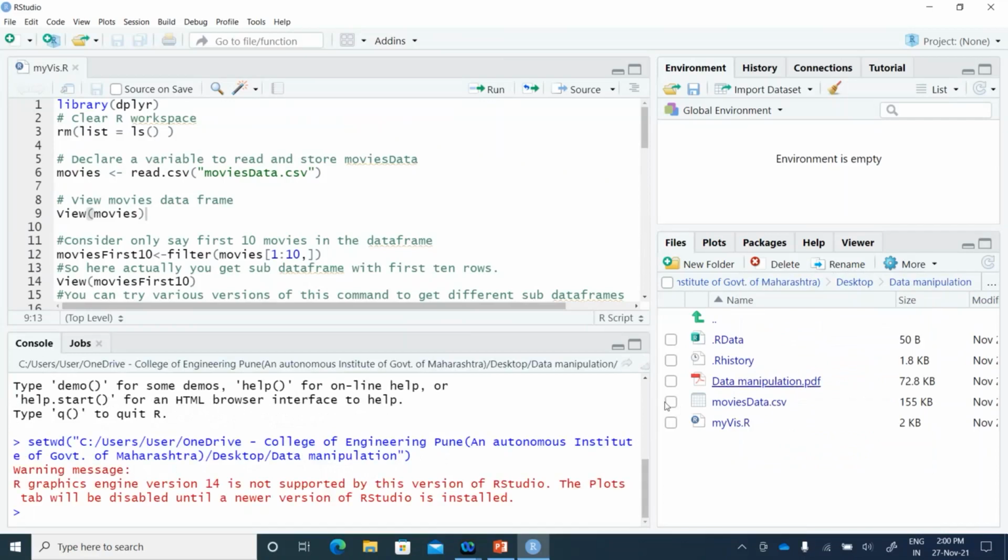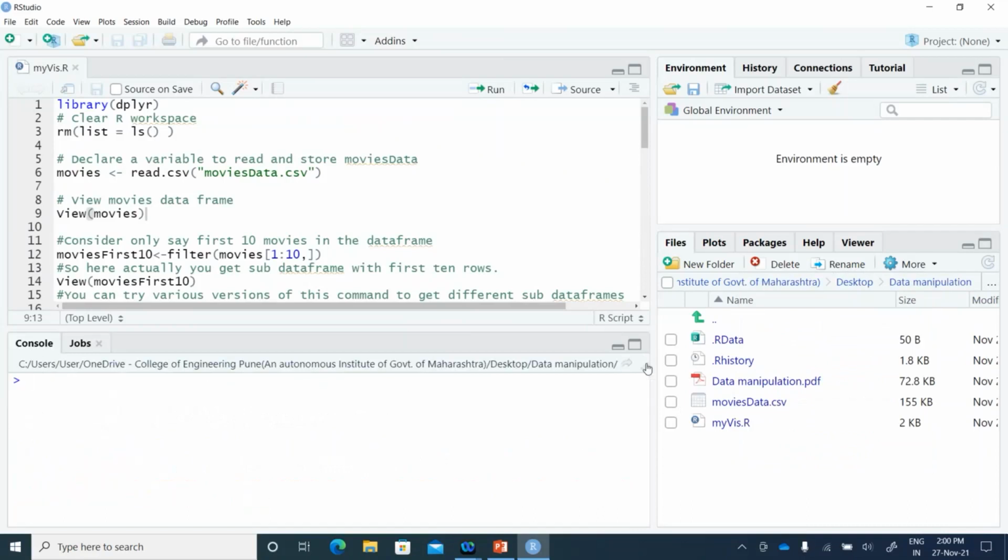All right. Now let me clear my console over here. And you already know that to use the dplyr package, we first need to install it. So here I have already installed it. You know the commands for installation, so I won't be showing how to install that package. The ready-made command is install.packages. In round brackets, you need to write the name of this package, dplyr, in inverted commas. And then the package will get installed in your RStudio.